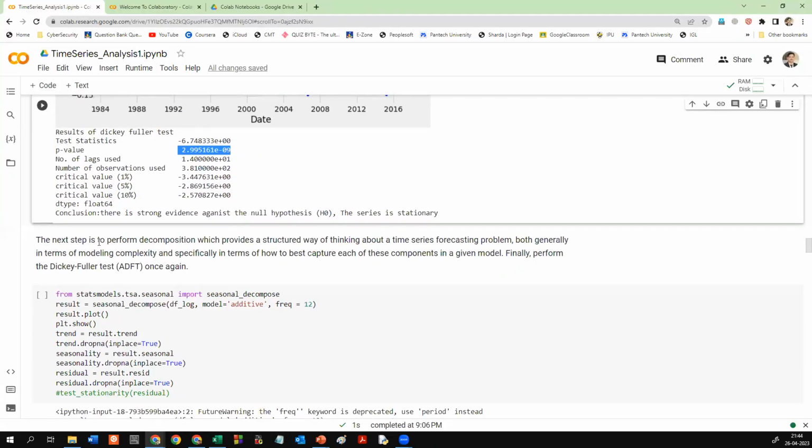Now, the next step is to perform decomposition, which provides a structured way of thinking about a time series forecasting problem, both generally in terms of modeling complexity and specifically in terms of